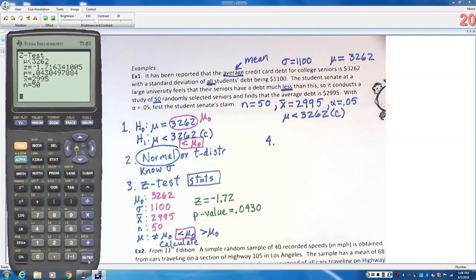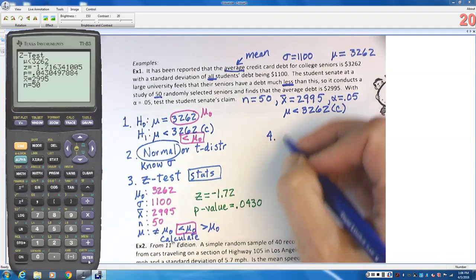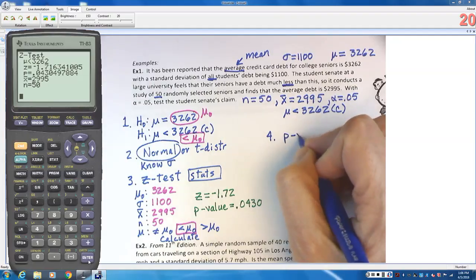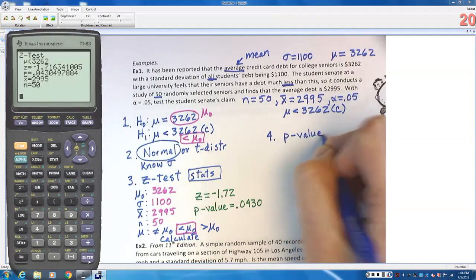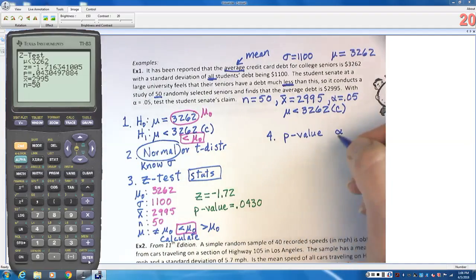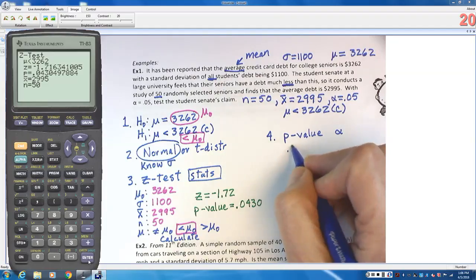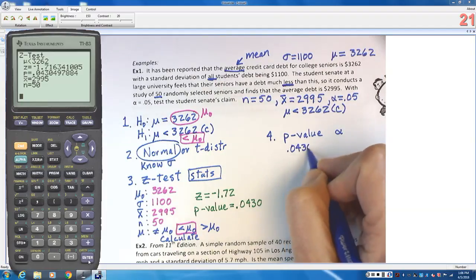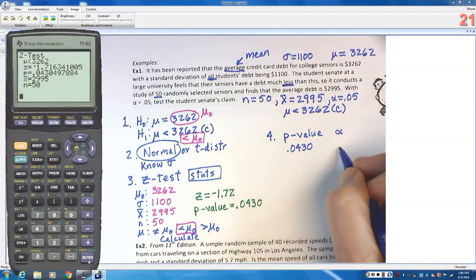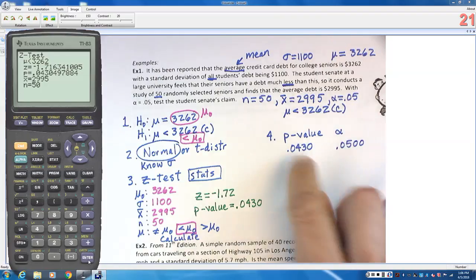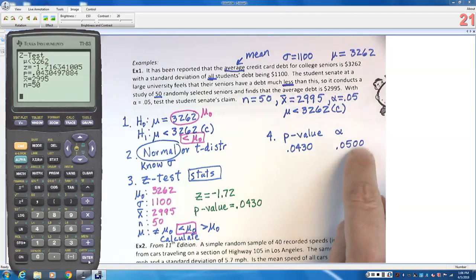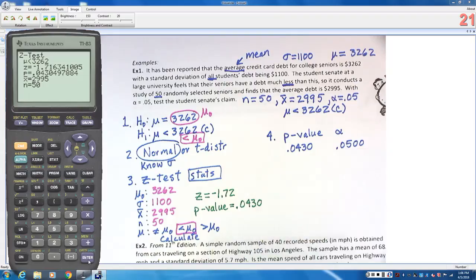Step 4 is to compare the p-value to alpha. So I do want you to write p-value, make sure it's on the left, and write alpha. So the p-value is 0.0430, and alpha is 0.05. You need to make the decimal places the same number, so put the extra zeros there. And now you're going to compare,